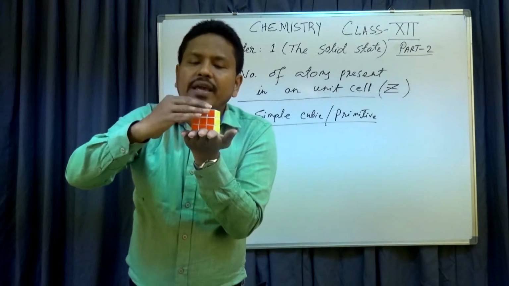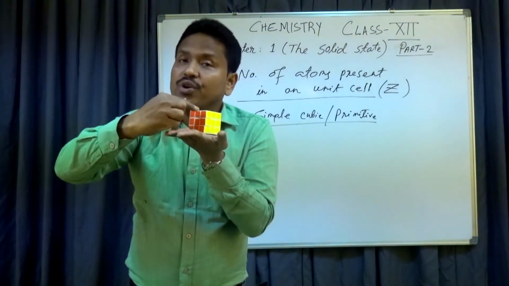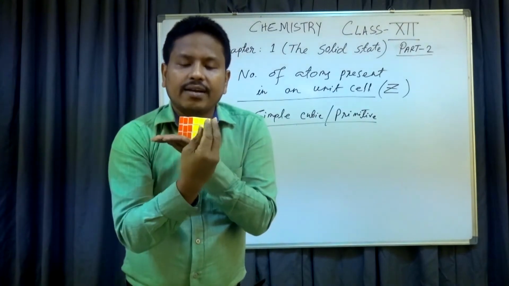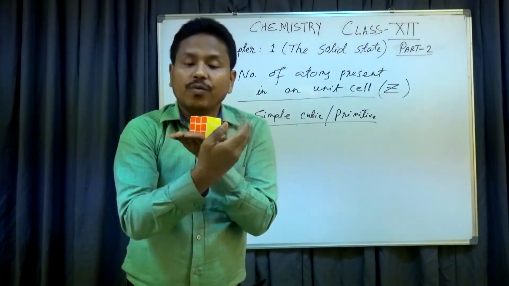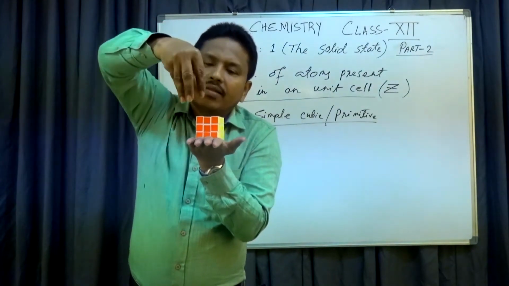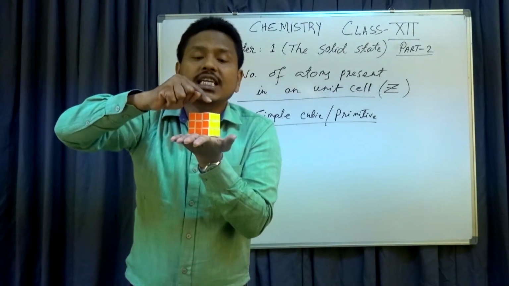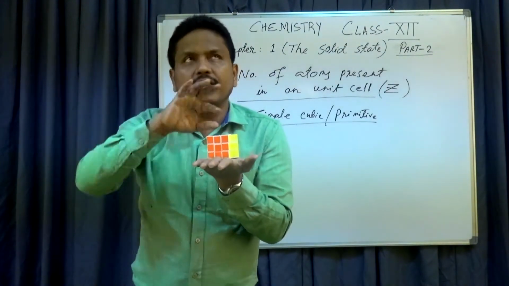When another unit cell comes here in 3 dimensions, this is the common atom of the 2 cubes. Another one on that side, another one on that side, 4 cubes. Now at the top, another cube from the top. From here also, here also, here also. That means every corner is equally shared by 8 cubes in 3 dimensions.